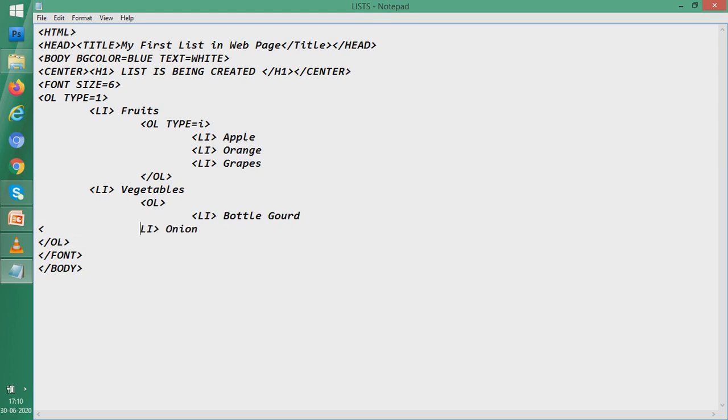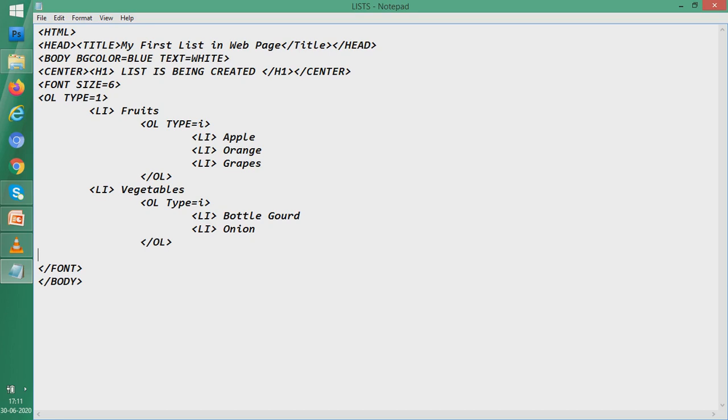So these are the two items, and let us write type again for it, and we should go by symmetry. We want things to be looking similar. So we will write type is equal to Roman small i, and we will close the OL here. And this is the close for the outer OL.